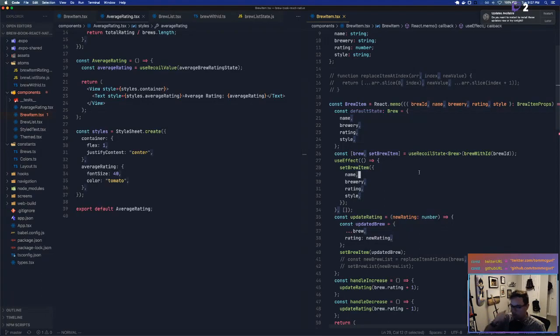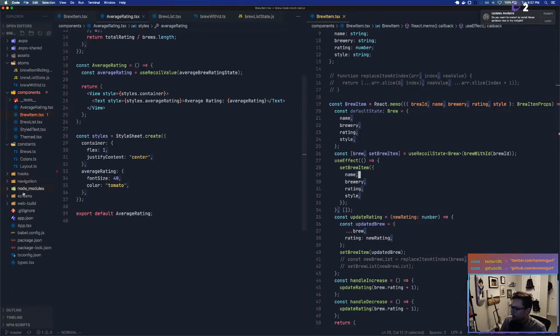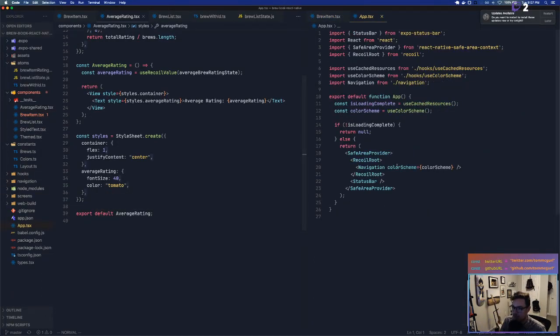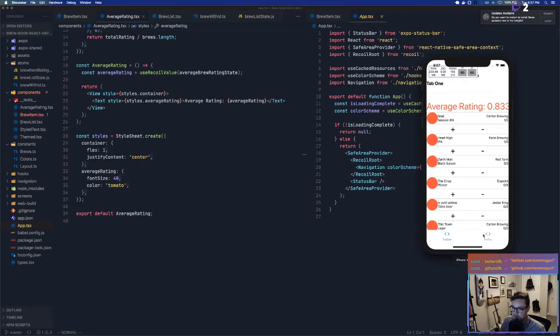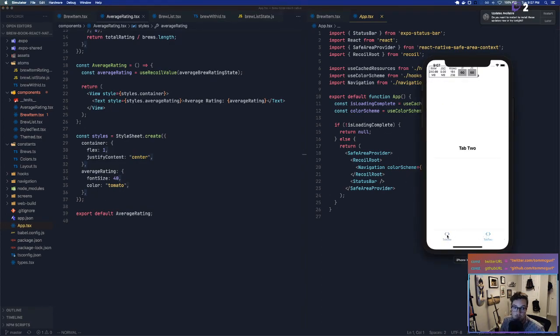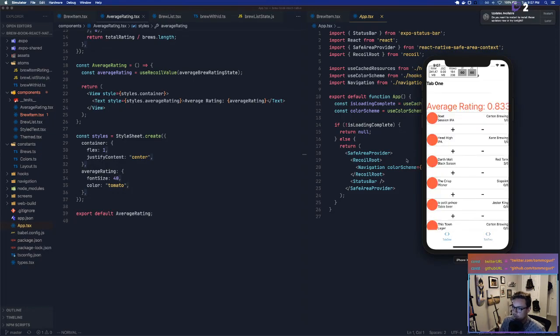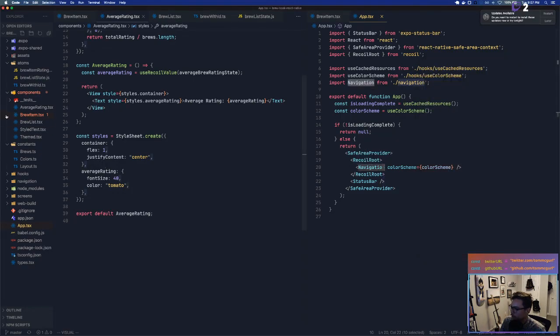All right, so let's jump in a little bit. We'll recap what we did. So again, we have our basic app. We're using React Navigation, which is giving us that really cool tab view at the bottom here. We haven't done anything with tab 2 yet, but maybe we'll use that today to make our form. And then what we have is our navigation component, which right now, if we open that up,